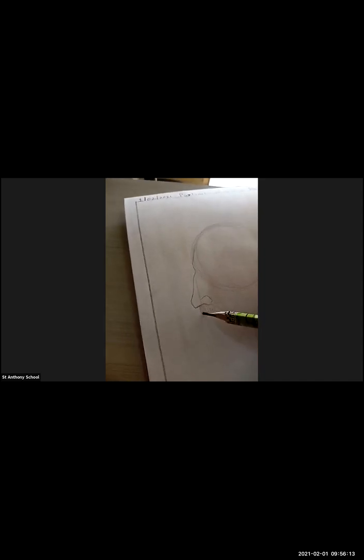Okay. First you have to do it roughly. Okay. Don't do it directly. Don't use the pencil very dark. Use the pencil very lightly. Okay. Slowly you have to do it. Is that clear, each and everyone? So just look at this.